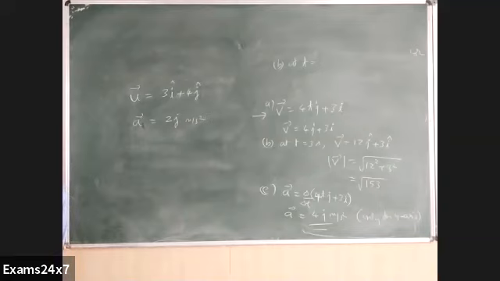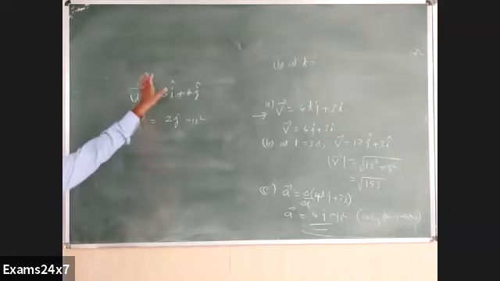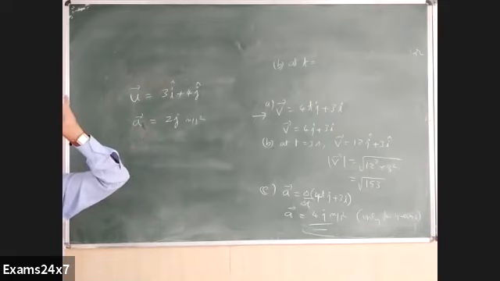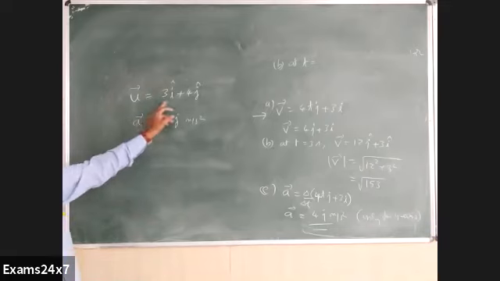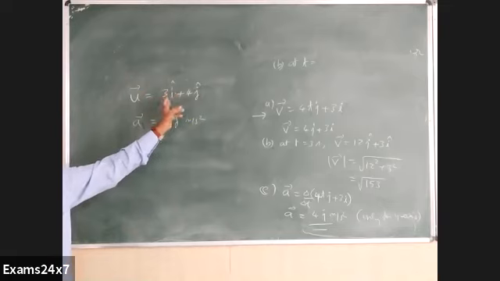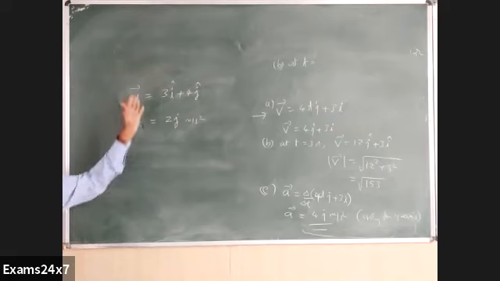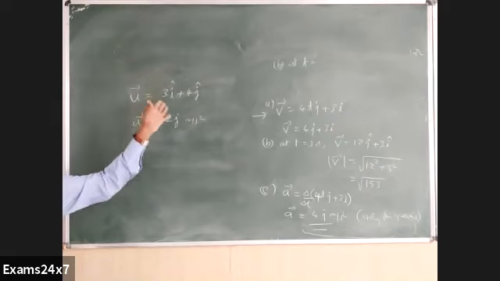Can you tell me what we have to do here? Wait. We can simply use our motion in one dimension equation. v equal to u plus at, because initial velocity is available, acceleration given, time given. But you have to be slightly careful here. It is not just about one number like in motion in one dimension. We have got two numbers put together here along x and y directions. Components are there. So how to get the final velocity? The relevant components should be considered for this equation of u plus at.